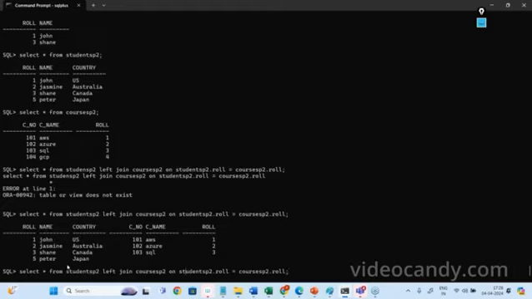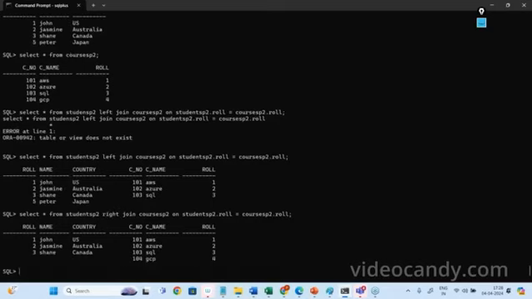And if I put RIGHT here, I'll get every value of the right. So here you get every value of course, 101, 102, 103, 104, but only the values which are matching in the left table. Every value from the right, but if you write full join,